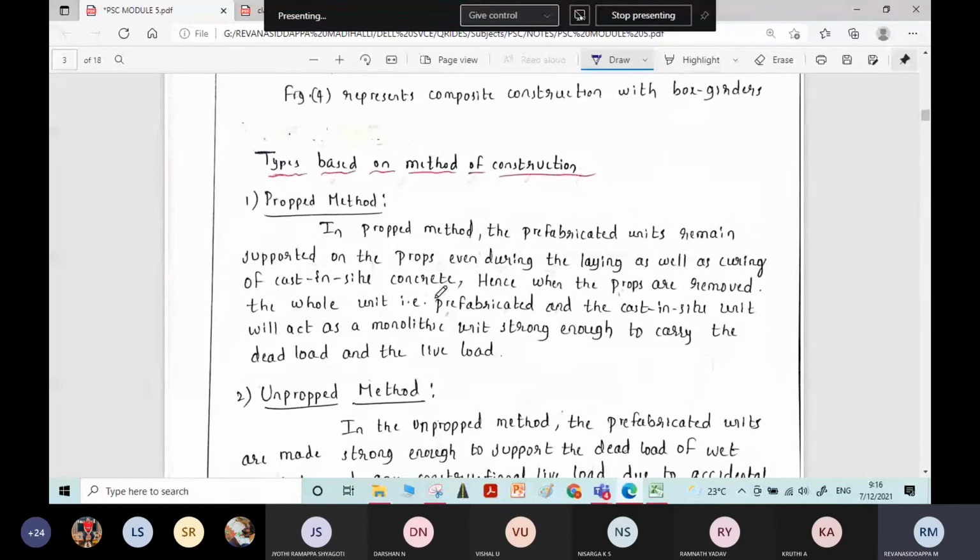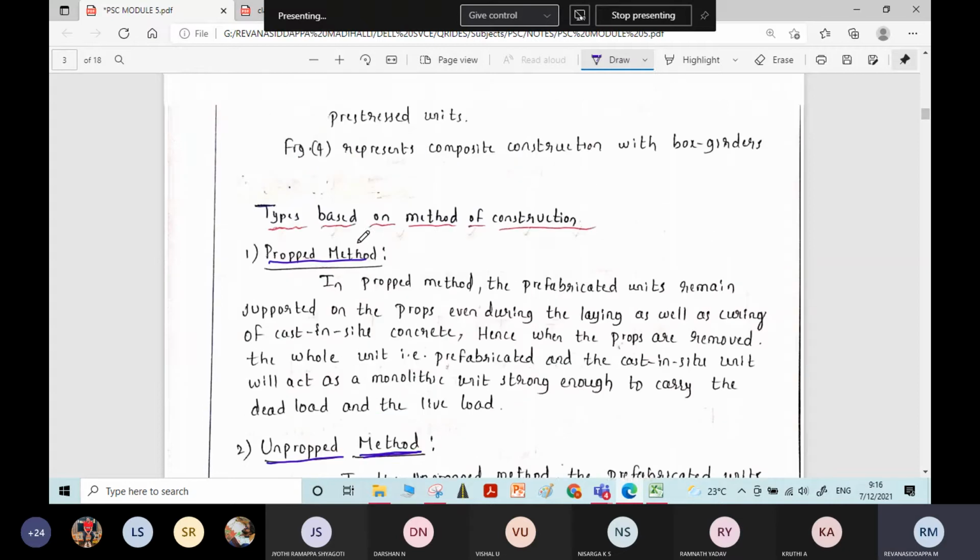And there is one more way of classification, depending upon the method of construction. In that, the first one is the propped method, the second one is the unpropped method. Okay, propped method and the unpropped method. In case of propped method,